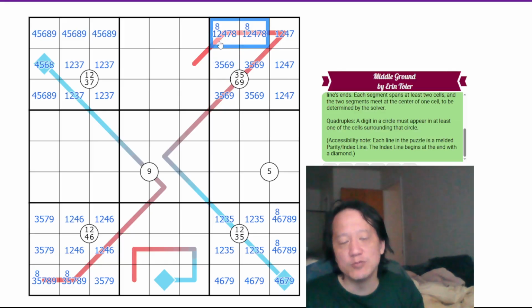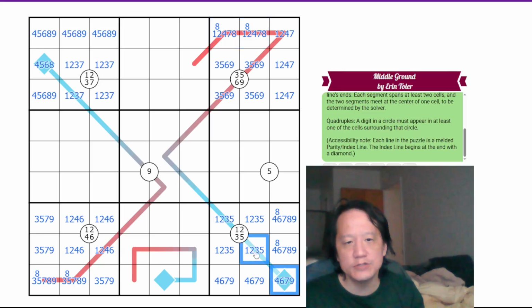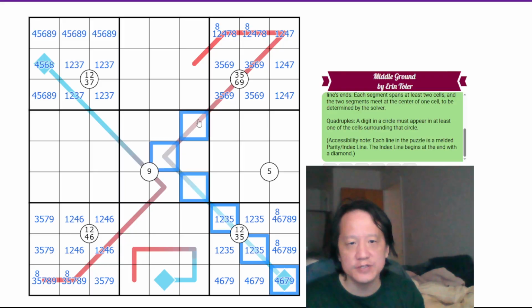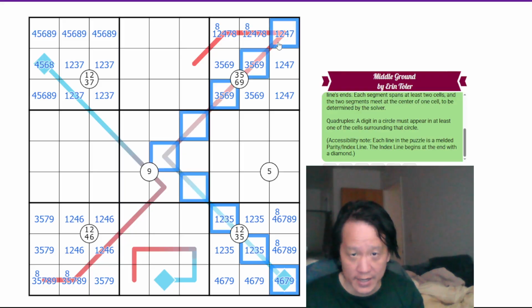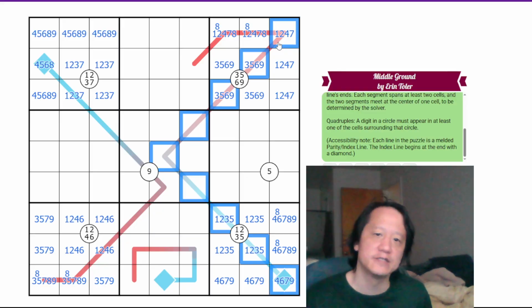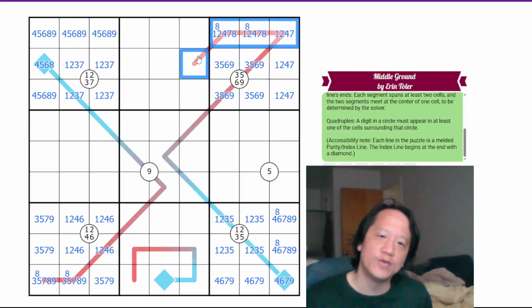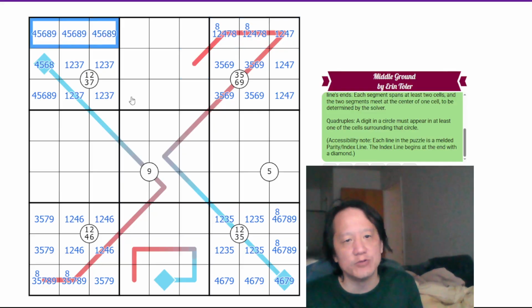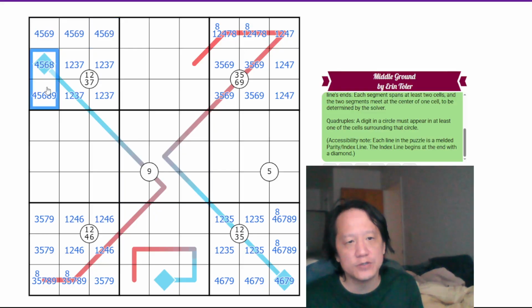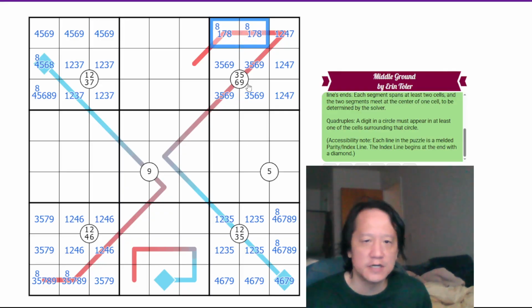So where's 8 in box 3? It must be one of these two digits. We know 1, 2, 3, 4, 5, 6, 7, 8, 9 can only be where the index is. So these 4 have to definitely be parity, which means we have a guaranteed 8 there, which is an even number. So 8 has to be one of these two. This 8 eliminates 8 from the rest of this row. So this must be 8, and it has to be with an odd digit here. So this is 8 and an odd digit there,